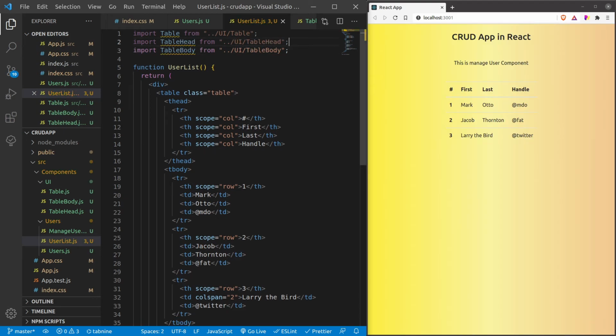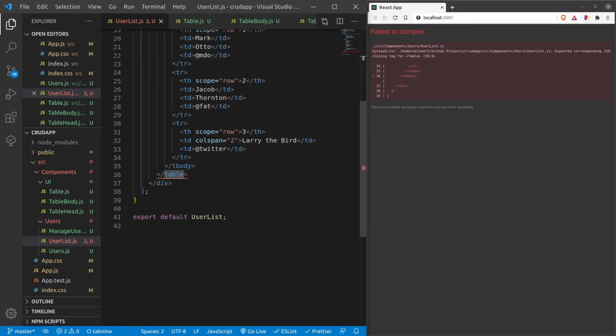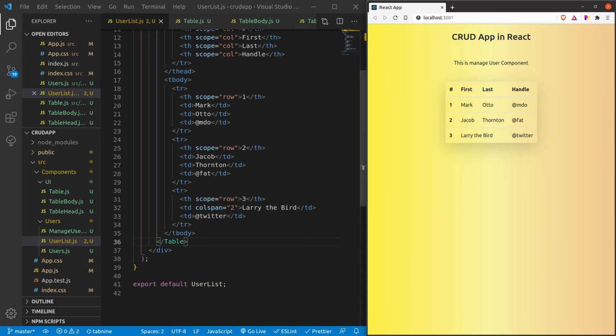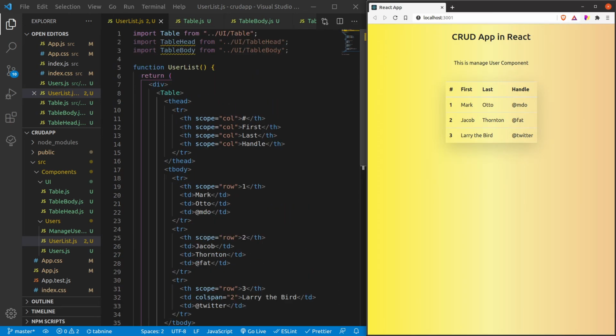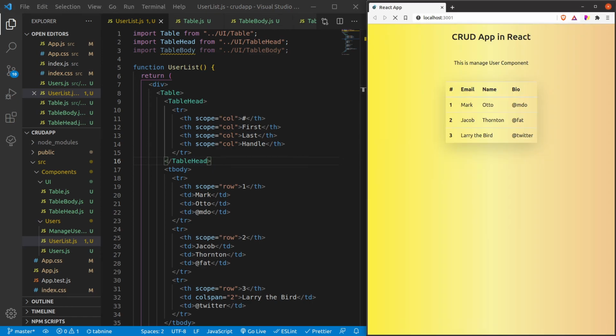All right guys, so now let's replace our table component with the actual table component that we have created, and let's remove this class from here, and let's use this table close tag. All right, and similarly for table head, let me use this table head component.